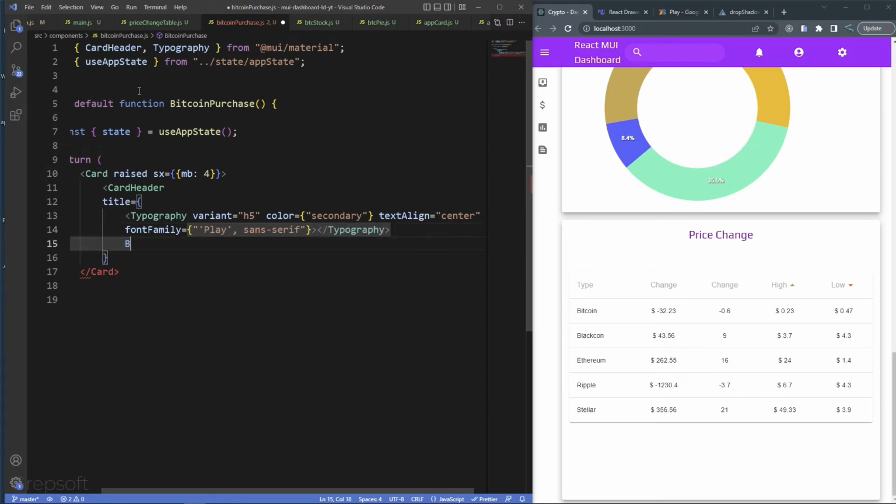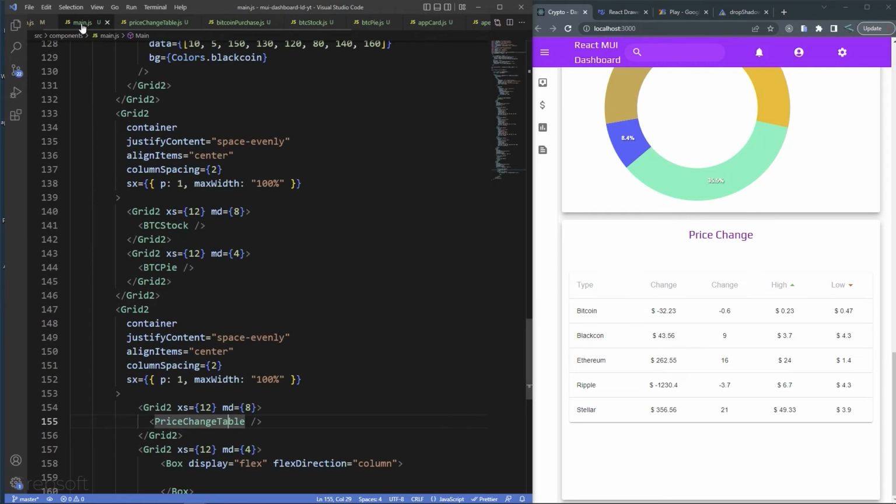Alright, and we can just put Buy Bitcoin. This should be in between here, like so. Alright, and then I need to close the card header, so I can do like this, save it, and then